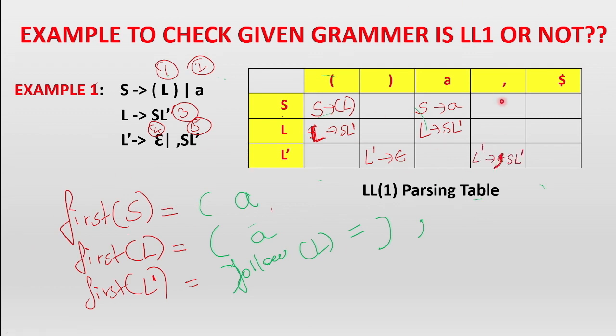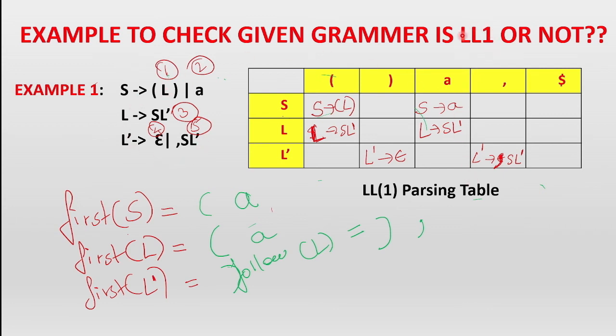So now just check whether all the productions are covered. Your parsing table should cover all the productions compulsorily. So production number 1 is there over here. Production number 2 is there over here. Production number 3 is there over here, and here also production number 4 and production number 5. All the productions are coming in the parsing table. That means we have covered all the productions of the given grammar.